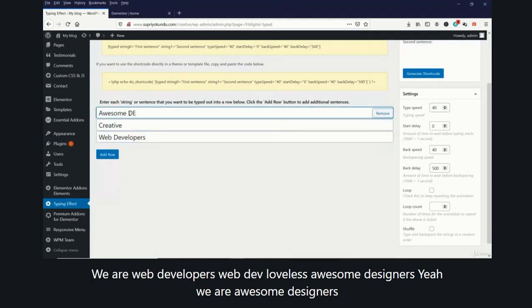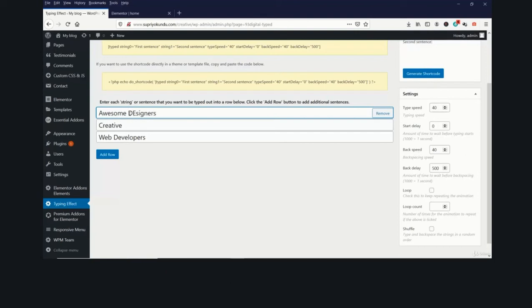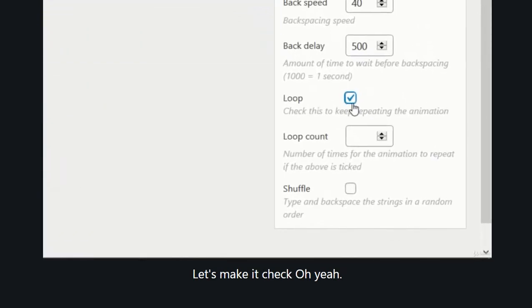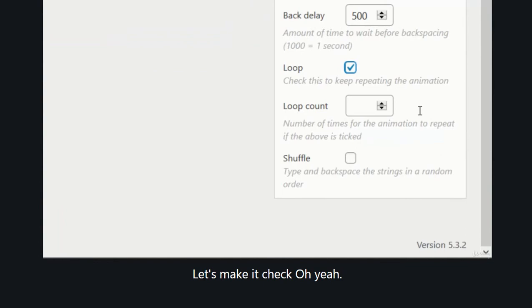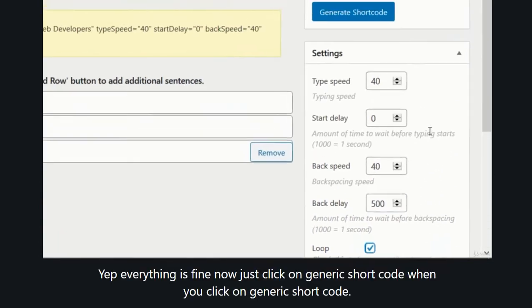Yeah, we are awesome designers. Okay, and here you will see a loop option. Let's make it check. Okay, yep, everything is fine.